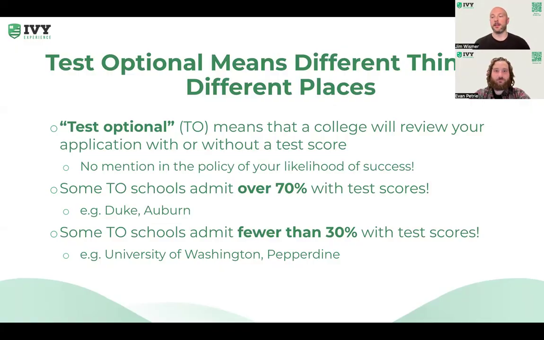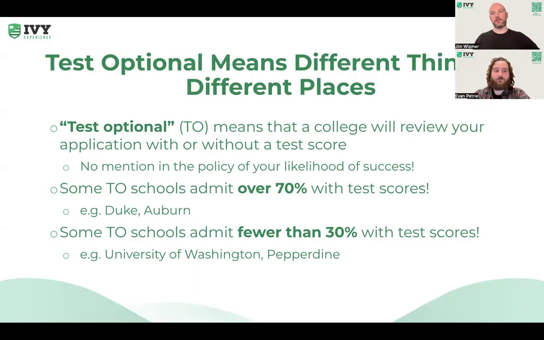And so that is an important thing to keep in mind: generally speaking, even in a test optional world, your best chance of college admission is to apply with a score that that college considers strong. Now, what score does that college consider strong? It's going to vary quite a bit from one college to the next.